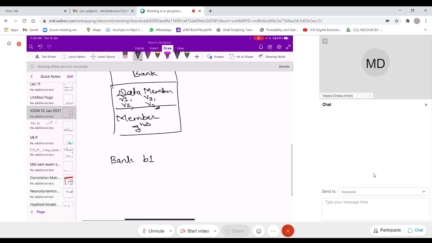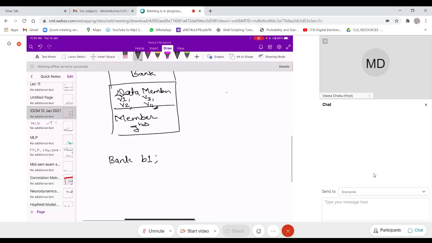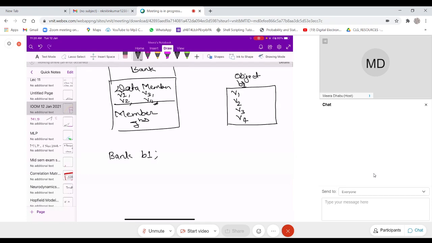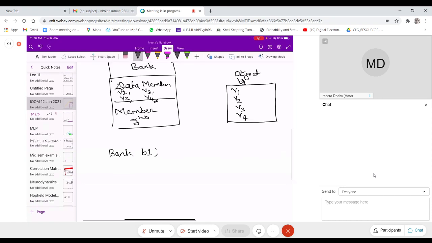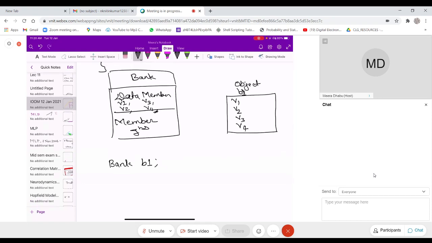Now assume that, again, I will give the same example: somebody has a mobile manufacturing company and they want to maintain a sequence number. So that sequence number should be nothing but, say, v1, or id.